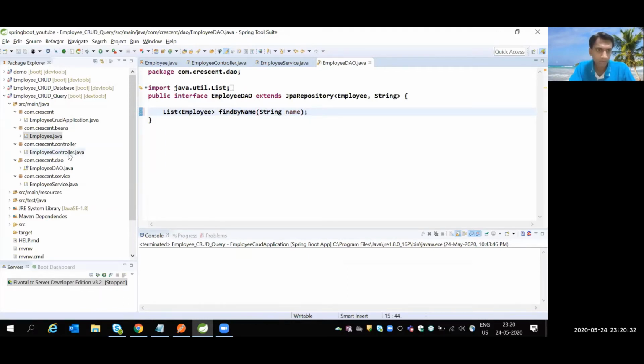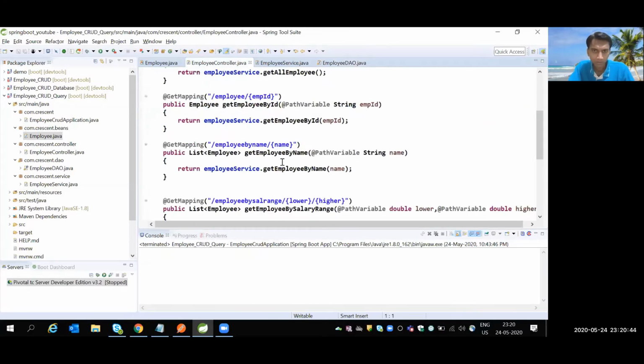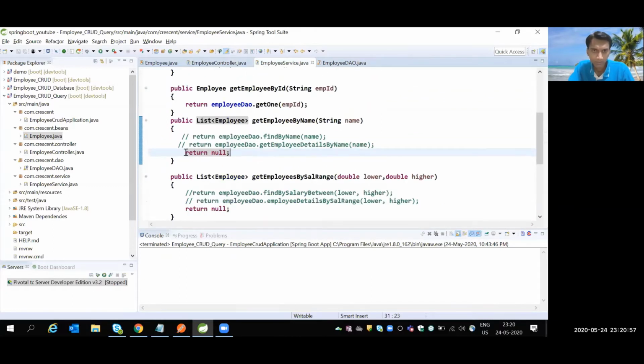In my project, the controller layer communicates with the service layer, and the service layer communicates with the DAO layer. In the controller layer, I have already written an additional REST method, employee by name, which communicates with the service layer. From the service layer, I will call the same method, return employee.findByName.